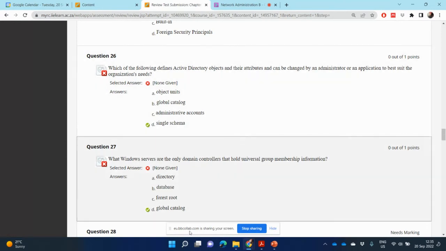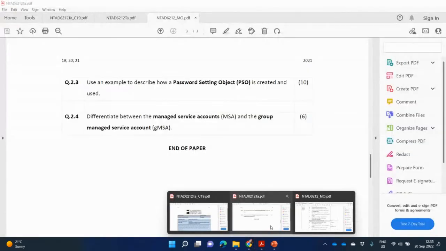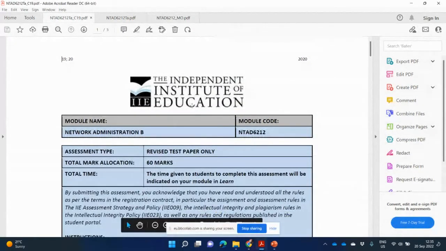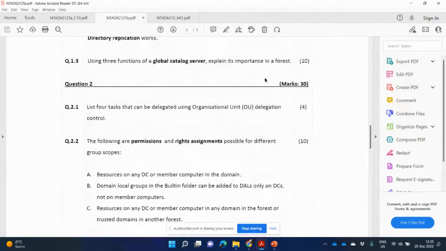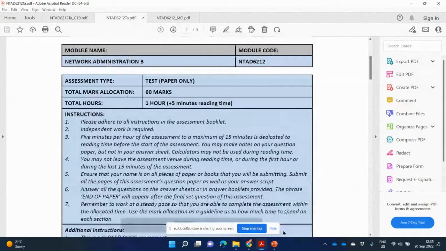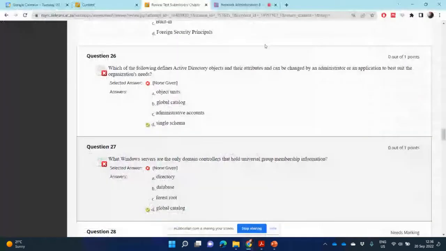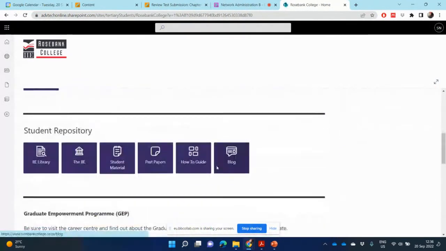Now let's look at some of the past question papers. This is what's required of you: you need to go and have a look at 2020 and 2021. So let's have a look at the 2021 paper firstly. Again, if I don't know where my test papers are located, which you should know by now, you will go to your student material. So under the student material, you will search. So I go here to my student material,